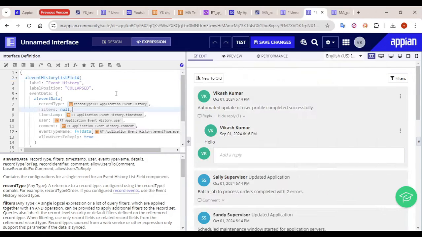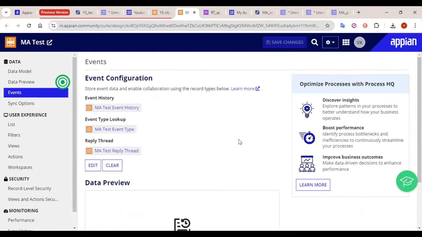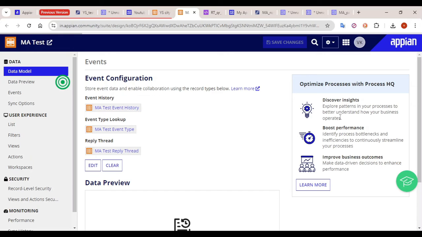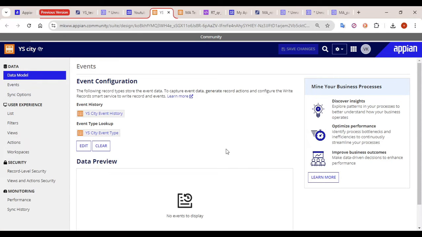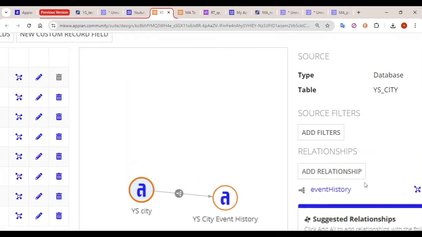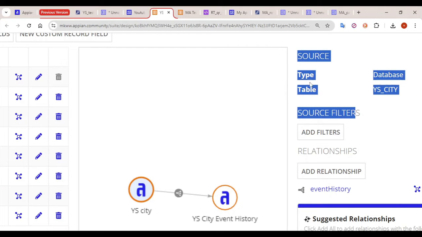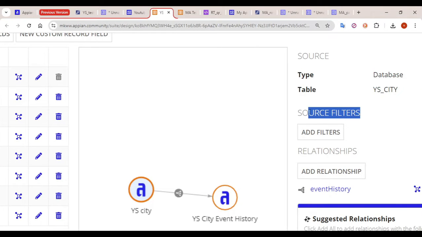With a new design. So this is not a very big change here. Once you go into the data model part, earlier in the data model it used to be the source filters. So let me show how it was in the previous version. If you go to the data model, see here, just beside your source, you will be able to find the source filters.